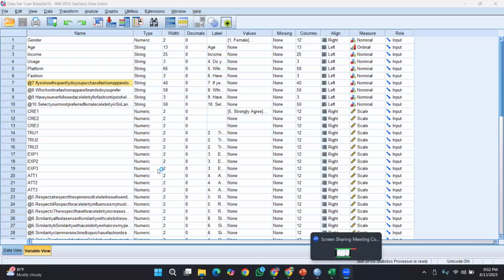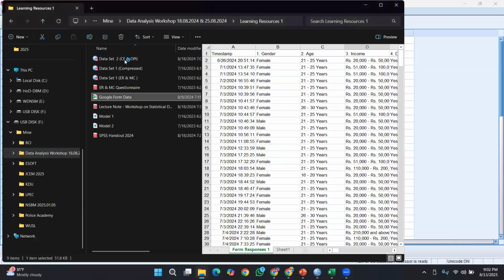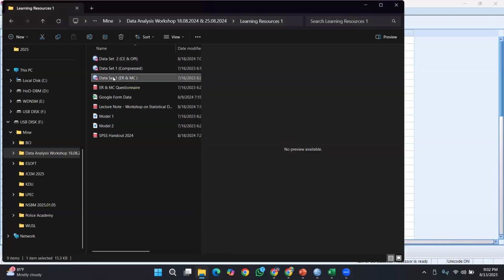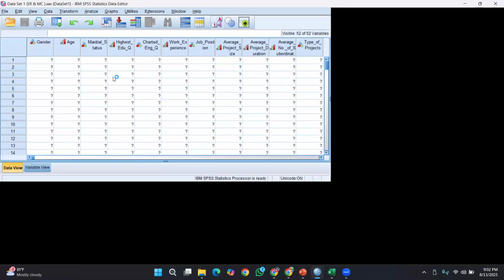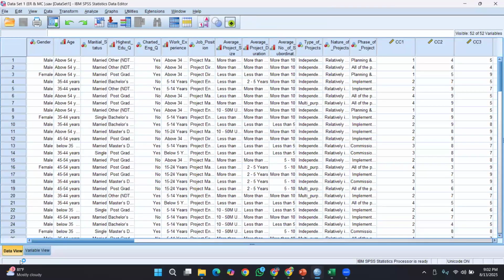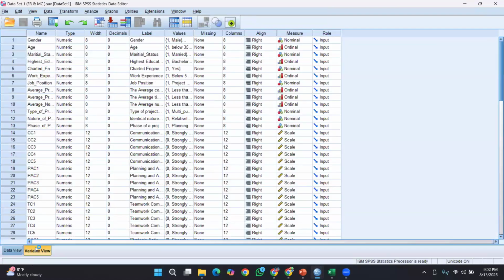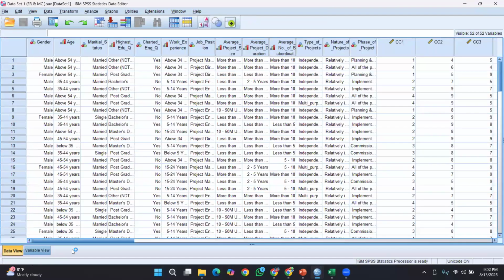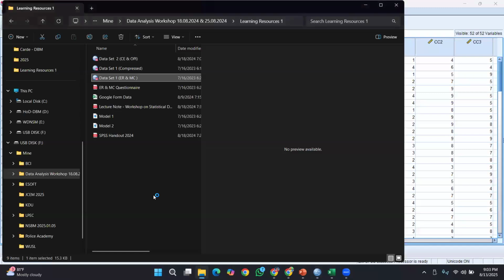Now I begin opening another data set. So this is a data set in which the researcher was looking at how the... wait a second, I'll be showing the model.